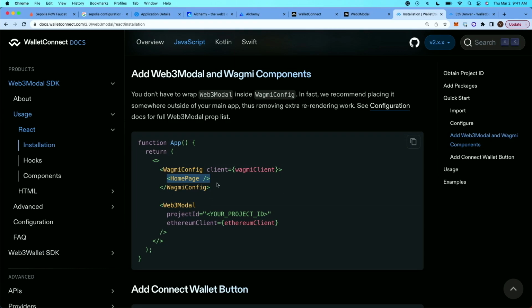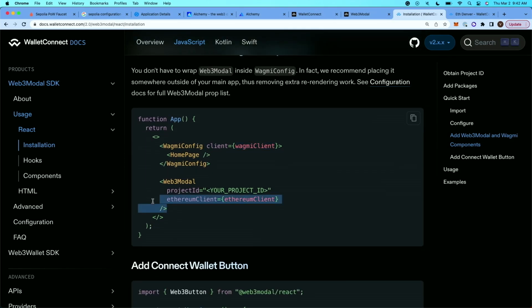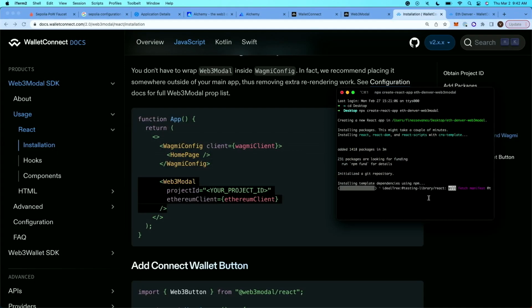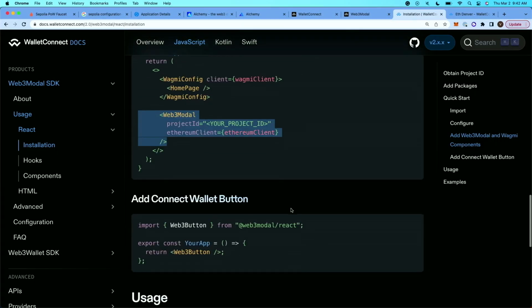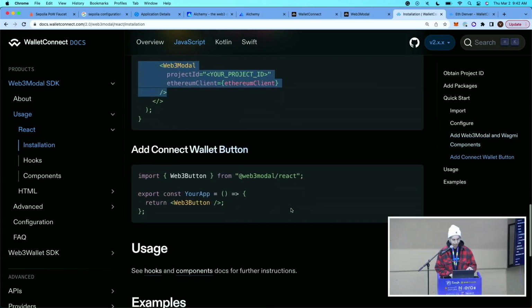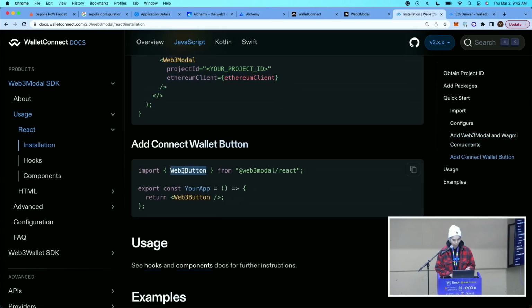But for what we can do here, this would essentially just be app, because it's like your first app component that you have when you're using React. And we wrap that app with the WAGMI configuration, passing in the client, which is a WAGMI client. And then lastly, we add Web3Modal below. So we don't actually wrap Web3Modal with any of this. And then once you have that set up,